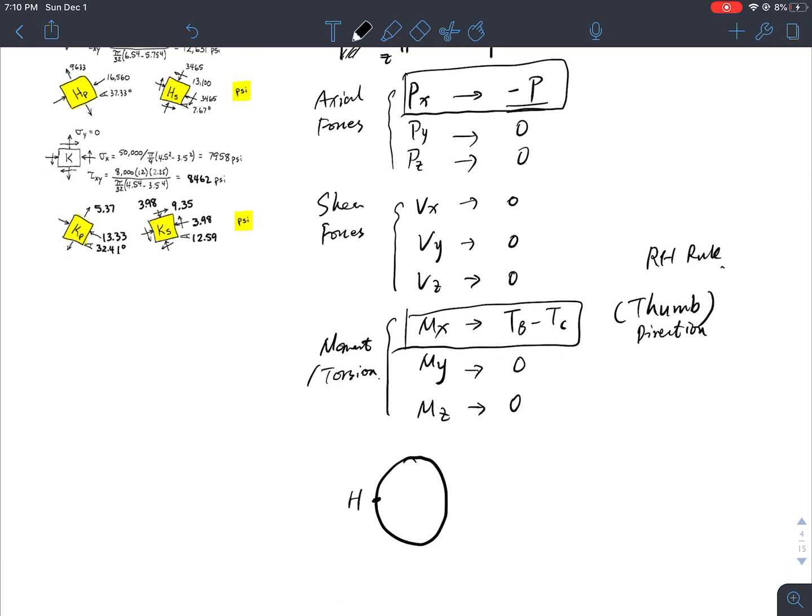Okay, now let's take a look at what type of stresses I have, right? What type of stresses do I have? So first thing first, I will have a shear stress caused by the torsion. Okay, so tau H. Okay, and I'll have axial stress, which is actually going inside the plane, compression. Okay, so this is on the cross section. On the side view, this is my bar, this is my H, right? Zoom in here to show you in terms of a small element